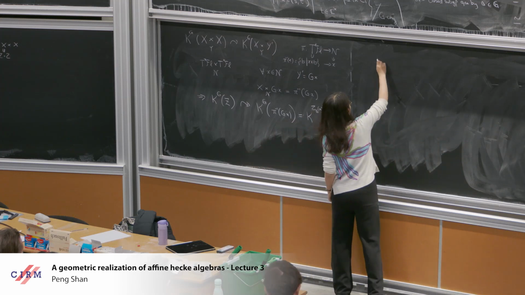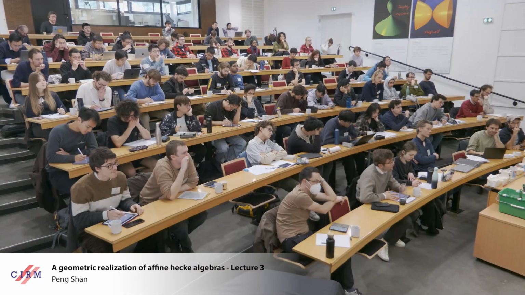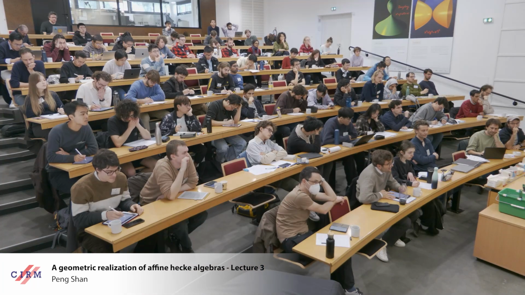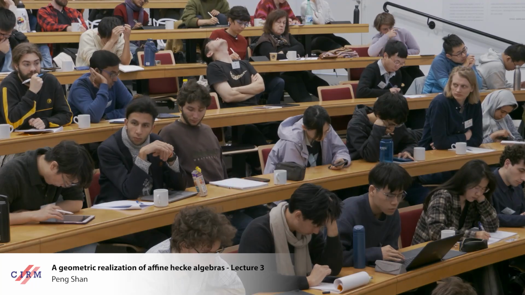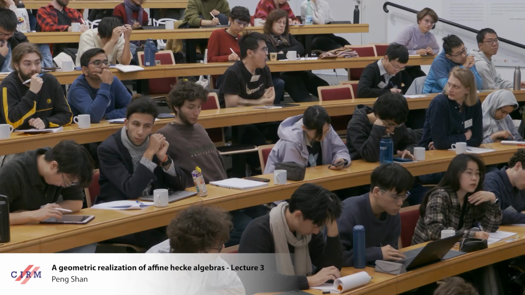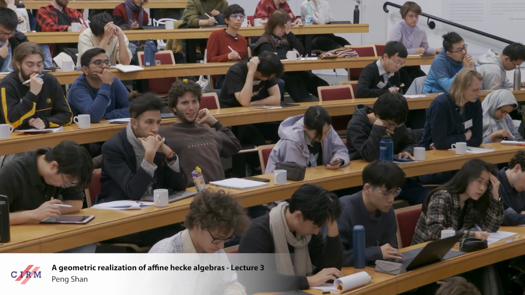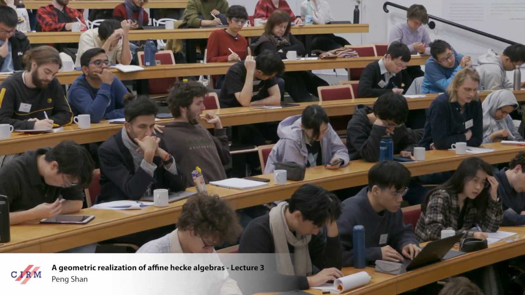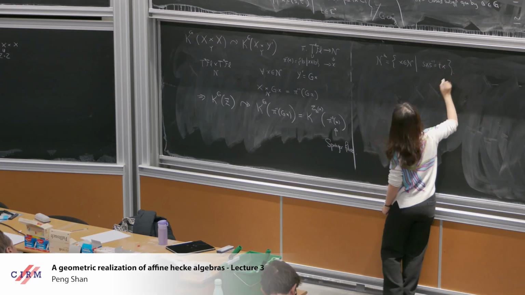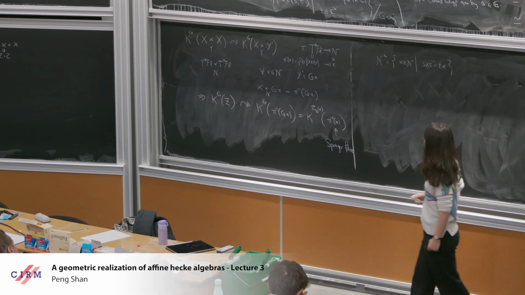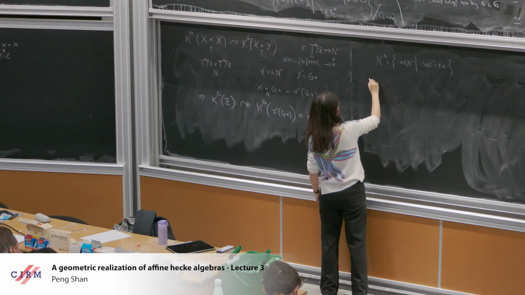So the A-fixed locus in N is, by definition, for A a pair of elements S and T, where S is semi-simple and T is a scalar, and S acts on the nilpotent element of the nilpotent cone by the adjoint action. So this is X belonging to N such that S X S inverse is given by T times X. Okay. And now you take the fixed point